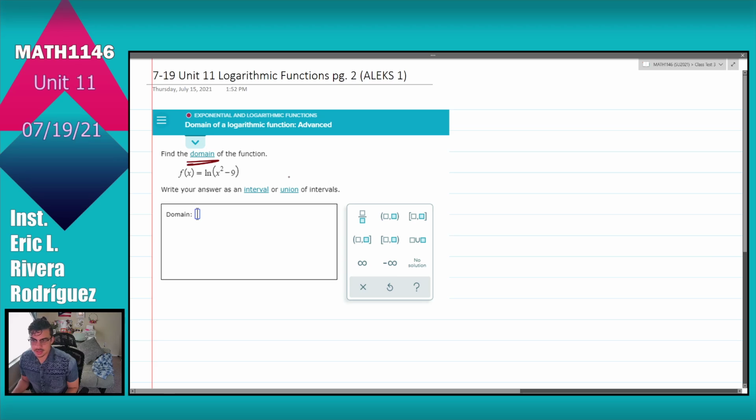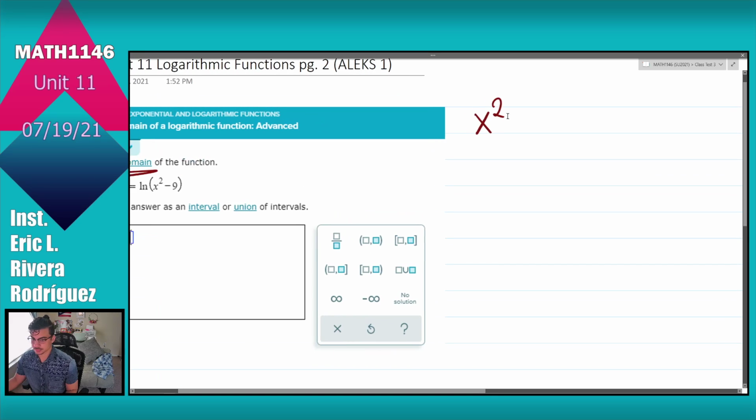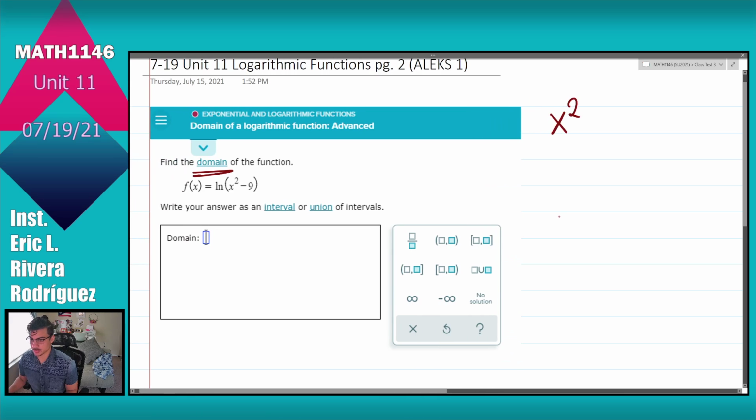So the first exercise is where we need to determine the domain of this logarithmic function. The argument is always what is in between those parentheses. The argument of any logarithmic function needs to be greater than 0. So in order to get the domain, we take the argument and say this needs to be greater than 0. Be careful with this